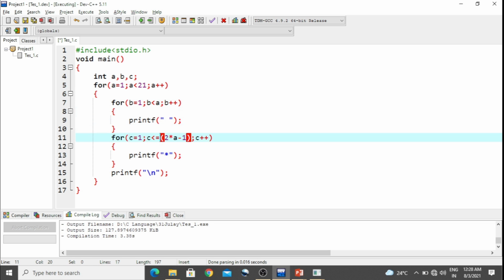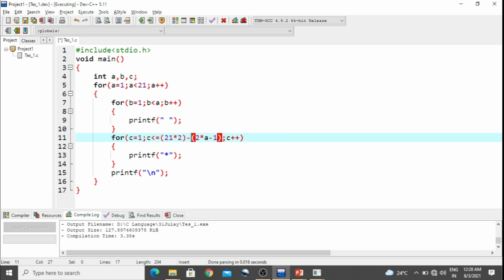Then we need a condition where all stars get printed, so I can take the condition: rows multiplied by 2 minus 2 into A minus 1.